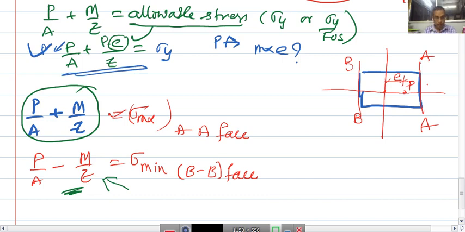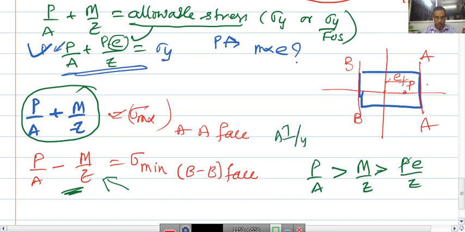That means P by A has to be always more than M by Z. This is my concern. That means it should be always more than P E by Z, right. So Z is nothing but the section modulus I by Y. I is nothing but A into R square, right. So this is Y by R square